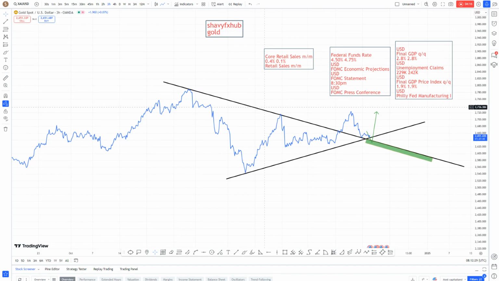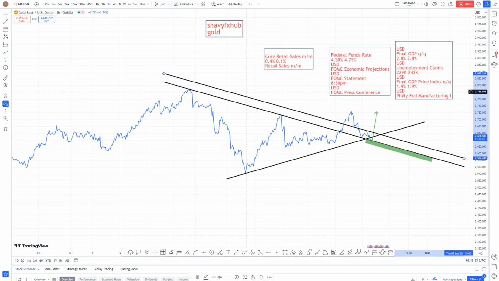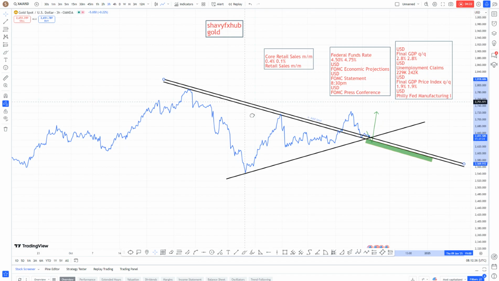So at the moment, let's look at the structure of the market and see how price is setting itself on a waiting list. It's awaiting the fundamental data. So if we see the data coming in below expectation, that could be a bullish catalyst for XAU/USD to print higher.